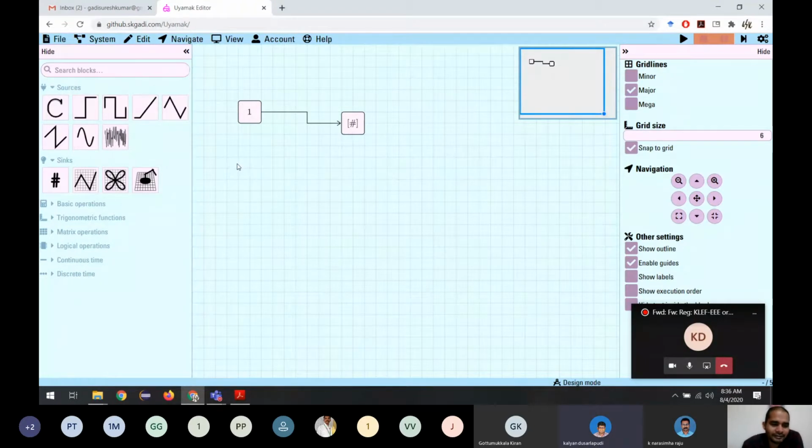Okay. Maybe in the future, I'm planning to make this on Raspberry Pi to make it a little faster. If every user is a desktop user, maybe I can have one version like this and another version for desktop. On the desktop, it will be a little faster, or it can match the speed of MATLAB or LabVIEW. It depends on the number of users we may get and the interest.